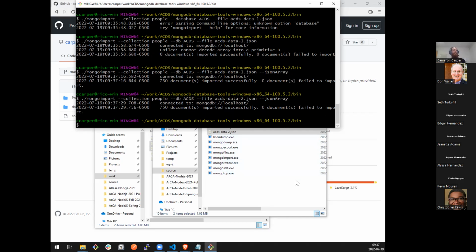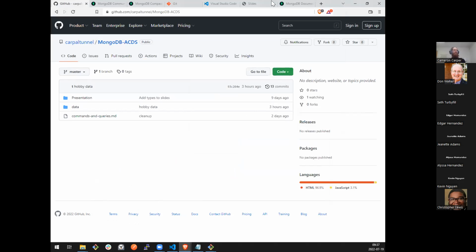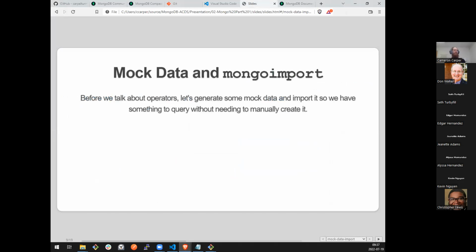I think this is the perfect time to switch to JSON. I just want to ask a stupid question. 750 documents: conventionally, your generic computer user thinks of a document as a file, like a Wikipedia page or the Constitution of the United States.